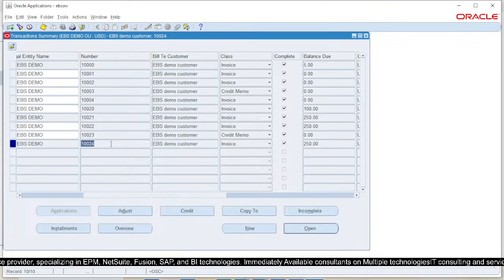So I have used single copy. If you want, you can go for monthly, quarterly, any frequency which is required by you, and give your number of period and number of days there, your first transaction date, what you want, save the work, and your copied invoice will be created accordingly as per the rule you are giving there. So this was the concept of